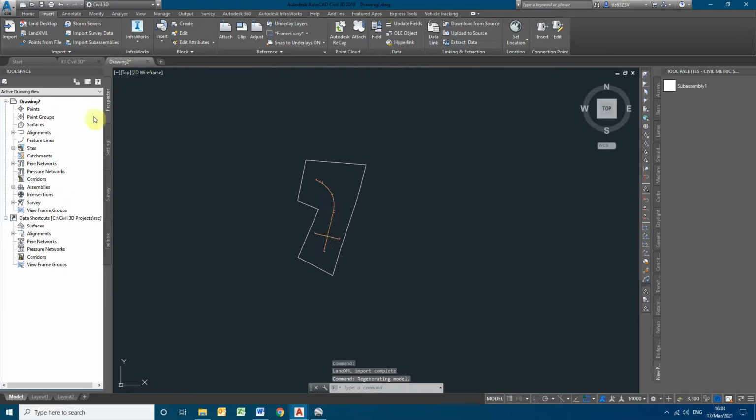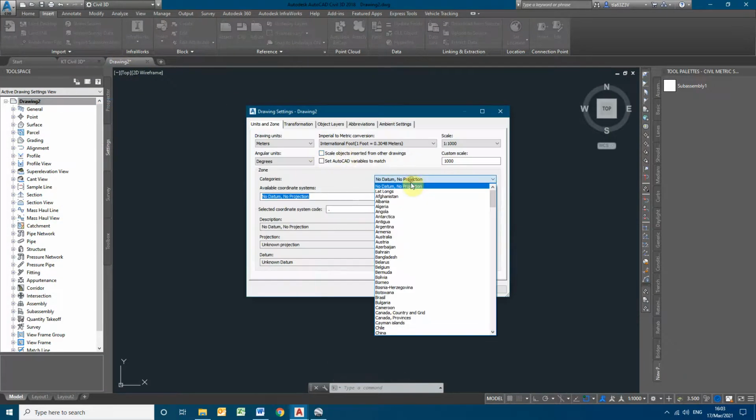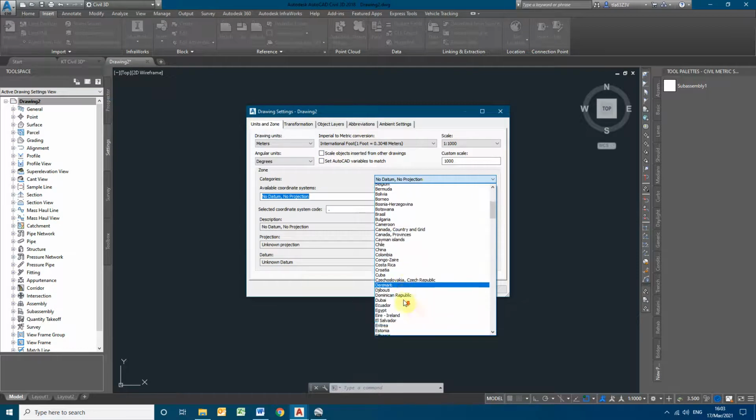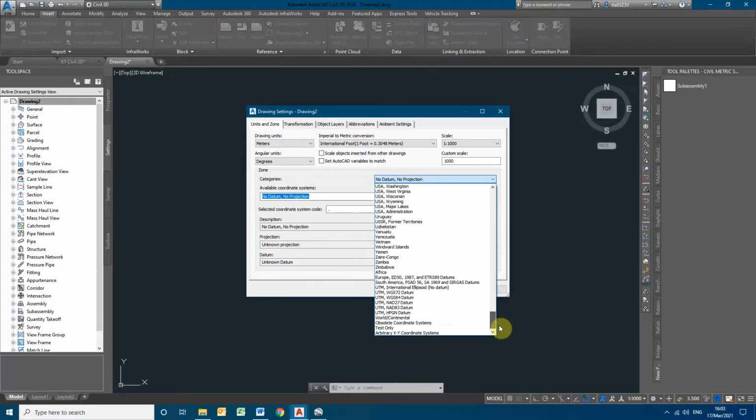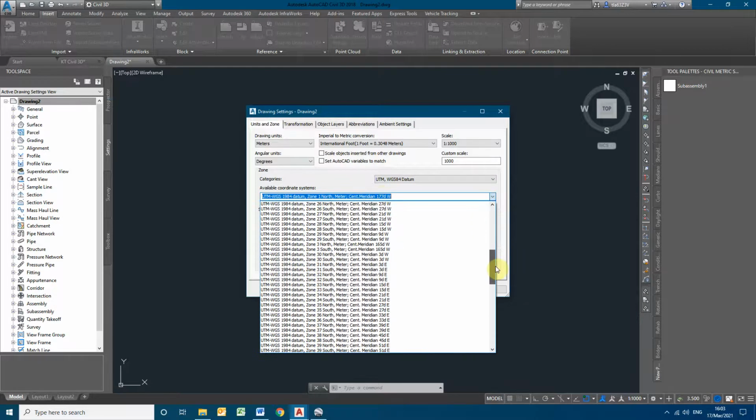Again, in the new file, I'm opening and assigning the coordinates. WGS 1984, 43N.